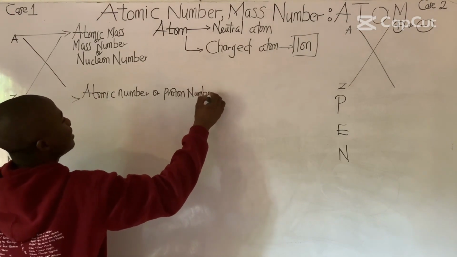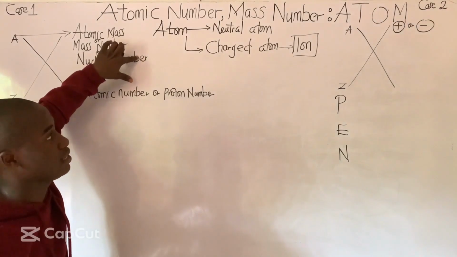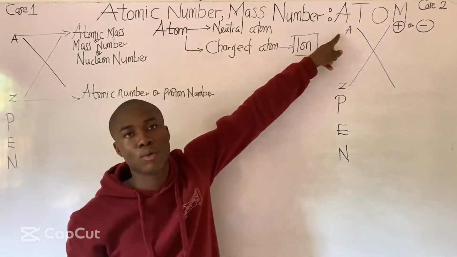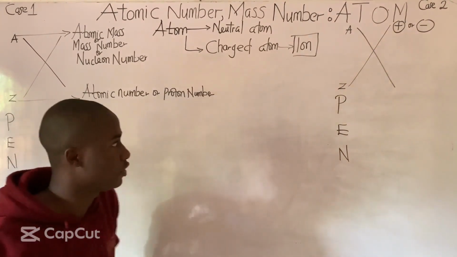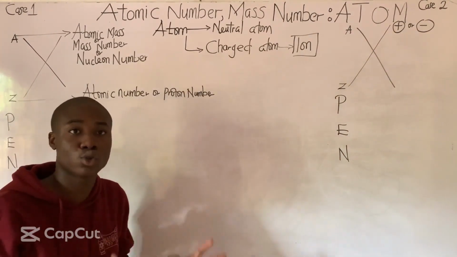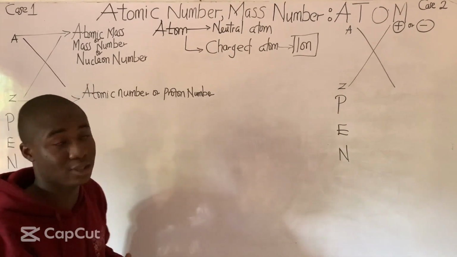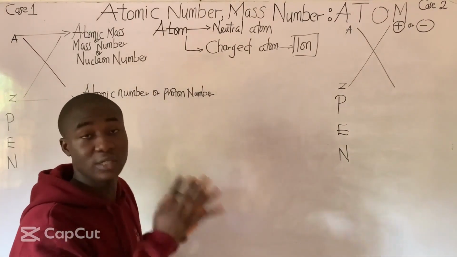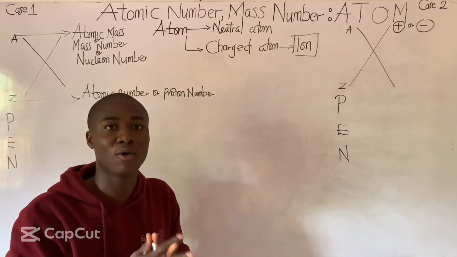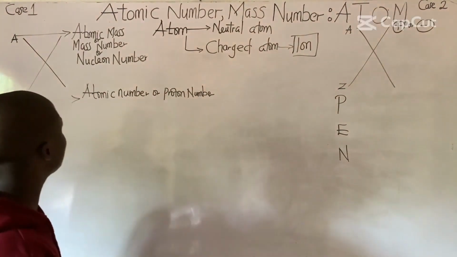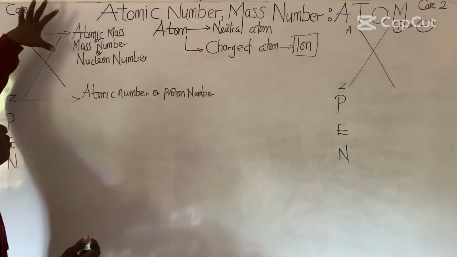So the point here is this. A and Z, these are their representation. This is what it means. And it's still applicable to this other A and Z in this atom. What differentiates both of them is just how we'll solve the protons, electrons, and neutron number for these atoms. So make sure you watch this video lesson till the end so that you can understand perfectly how all this works. So first thing I want to do here is to start with this first case,